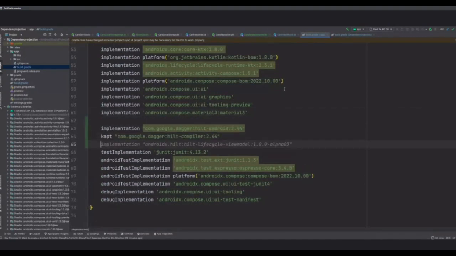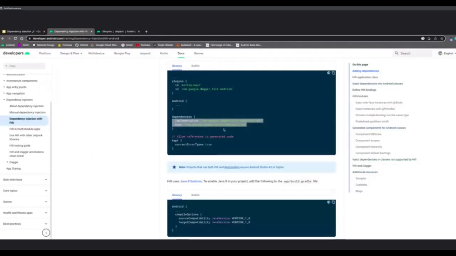The Android documentation has come a long way, and it's way better now than it was. And I think allow references to generated code is not really a must, unless you need to call something from the generated code.